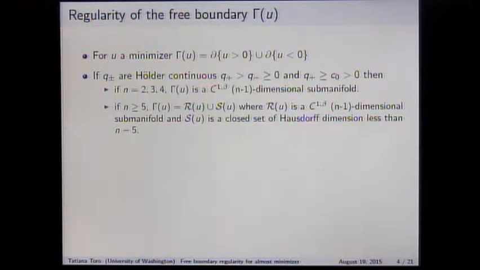Okay? So let me be honest. When we start here, this result was in the early 80s. This result is from a couple of months ago. And I'll tell you who did each one. So the contributions in the case when n equals 2 are from the work of Alt-Caffarelli and Alt-Caffarelli-Friedman. That was included in the initial papers.